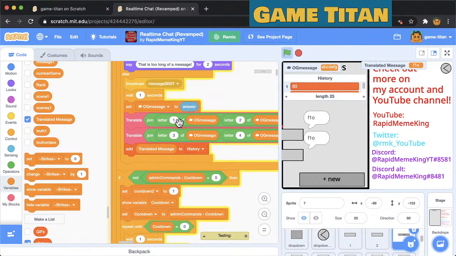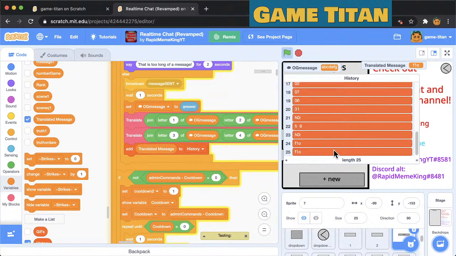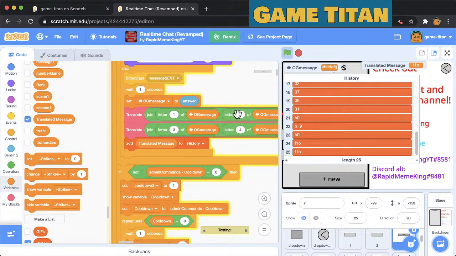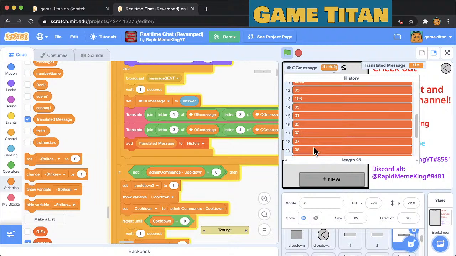So here, these translate blocks are copying things into translated message, and then that goes into history. So I actually don't know why my message didn't get added here. So if history is supposed to store,